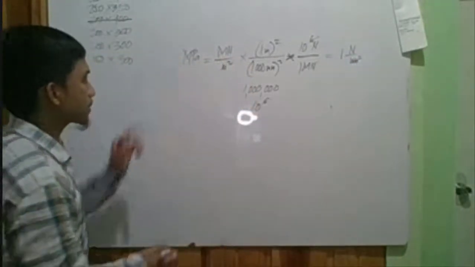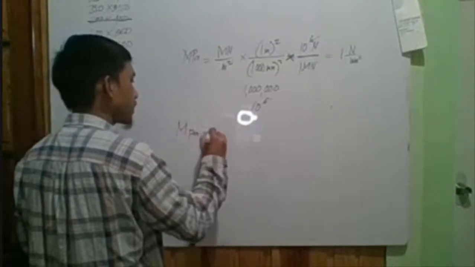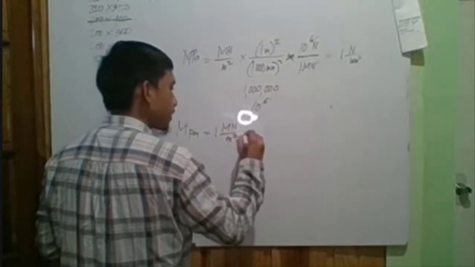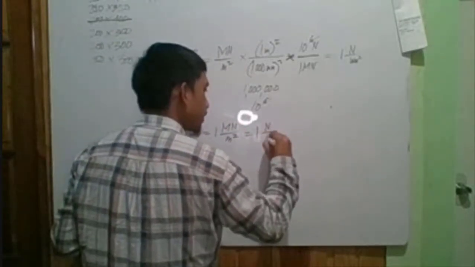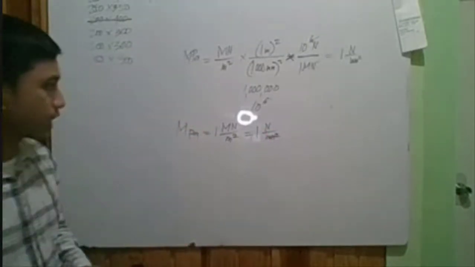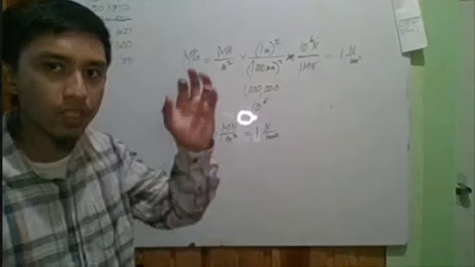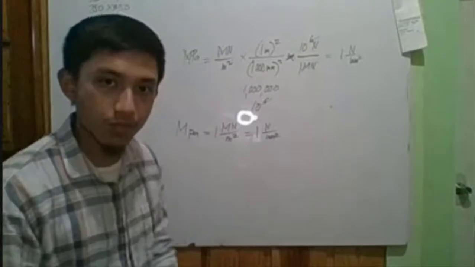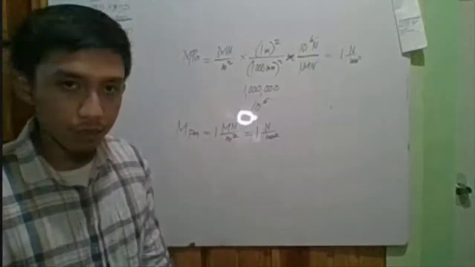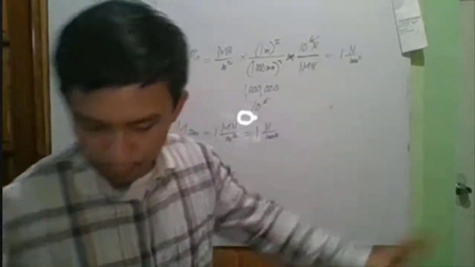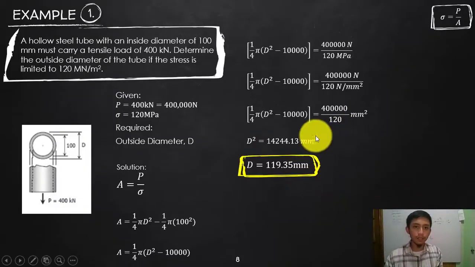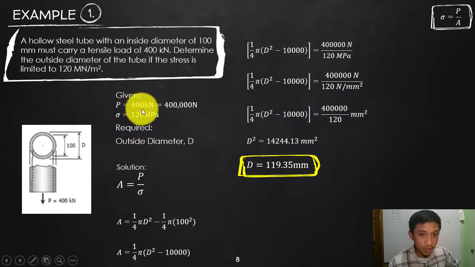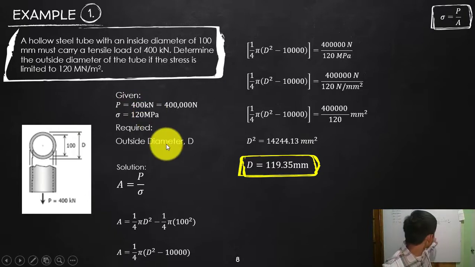Therefore, you can conclude that megapascal is 1 meganewton per meter squared, which is equal to 1 Newton per mm squared. So this is what we will be using. That 120 there, we will retain, but we can directly change our unit into Newton per mm squared instead of meganewton per meter squared. As you can see, that is the proof. So we will now have 120 megapascal. Later on we will substitute that in terms of Newton per mm squared,